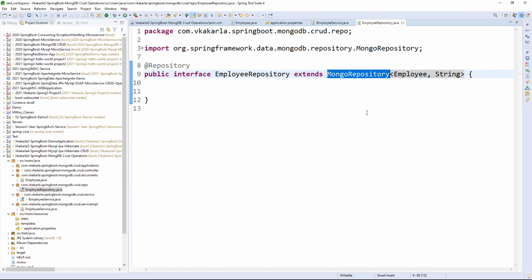If it is a NoSQL database like MongoDB, we have a Mongo repository. If it is a Cassandra database, we have a Cassandra repository. If it is a Couch database, we have a Couch repository. For NoSQL, we have individual repositories with respect to each database. For SQL databases, we have only JPA. Why? Because it is structured.